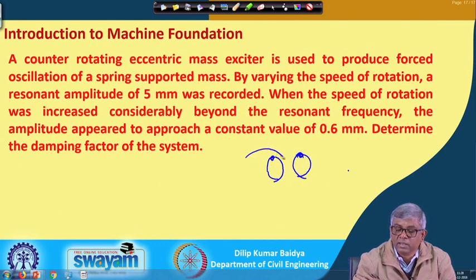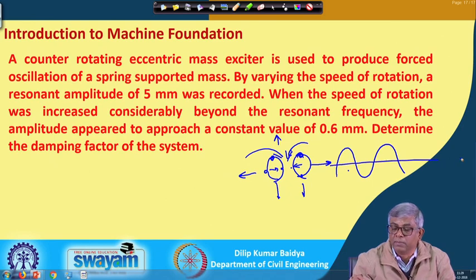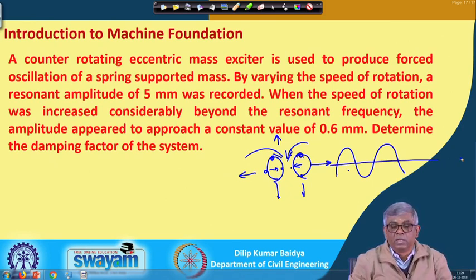If the mass is like that and it is rotating like that, then when the mass is here, both are going downward. When the mass is here, they are facing each other, so no vibration. When it is here, it is going downward. When the mass is here, it is going to get cancelled. So, that means it is producing a vibration like this. That is nothing but a rotating mass system.